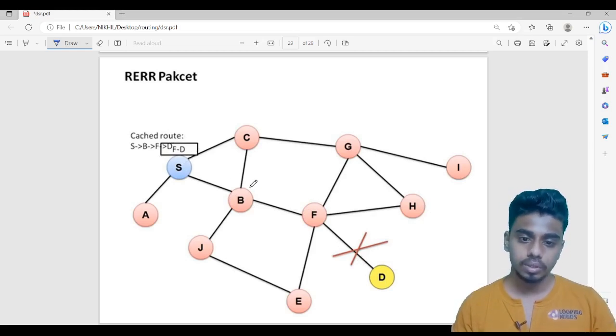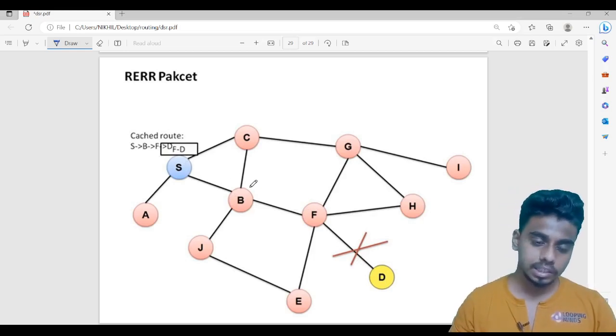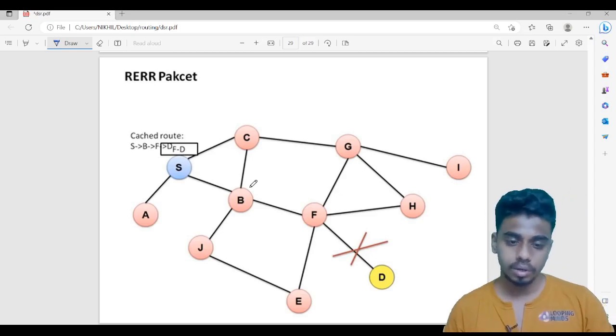So that's all about this DSR protocol. In the next video, we will look at one more reactive protocol,